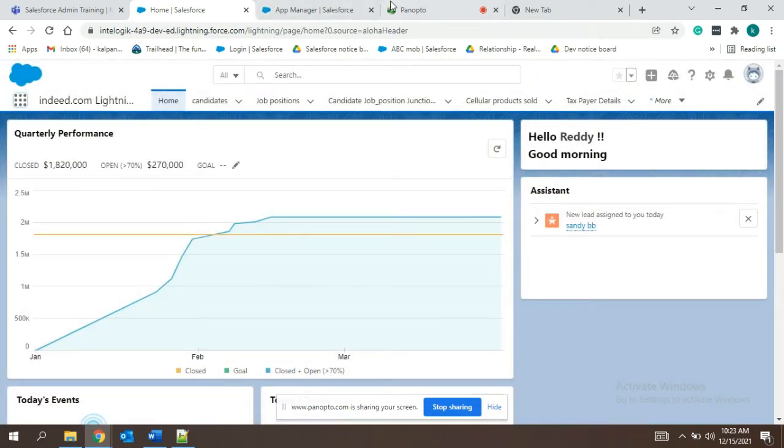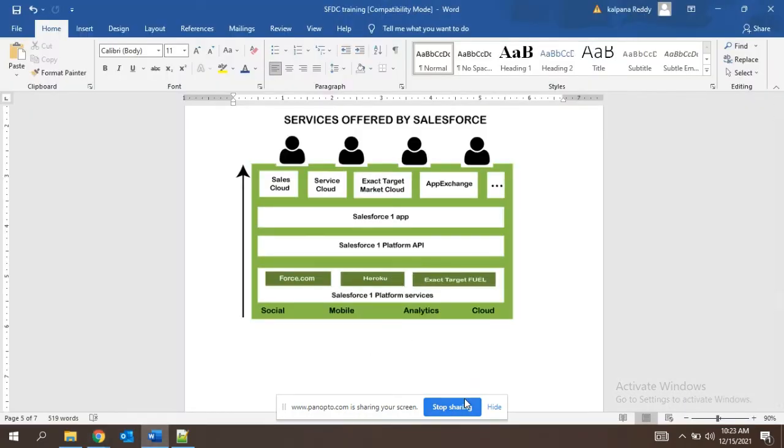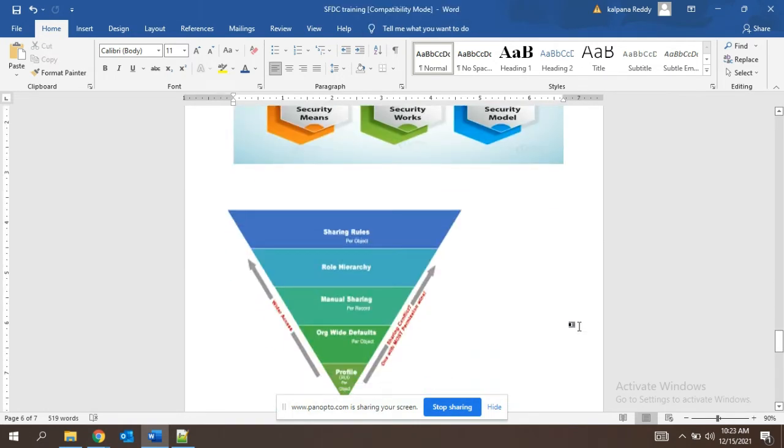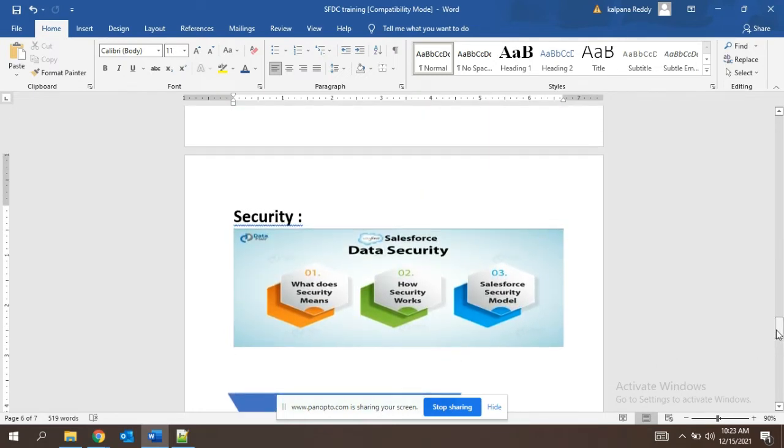We will go to the security part in Salesforce. We have finished our architecture. Now we will go to security. What is security? In any application, the foremost concern of any client, while they are storing all the data of their company, is to understand how the security is, whether it is easily compromised, or what different levels of security we can have here.